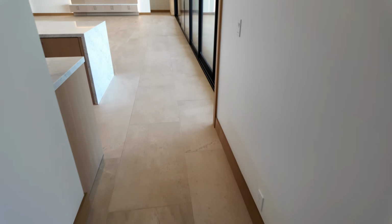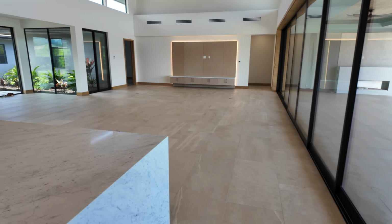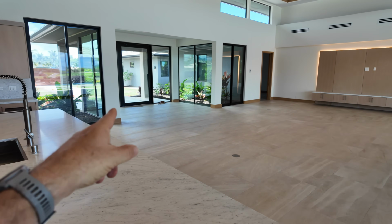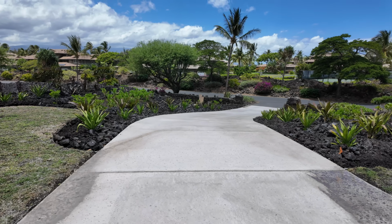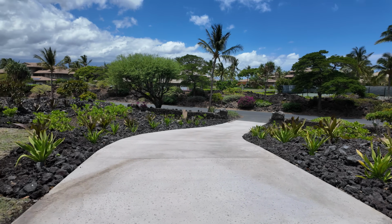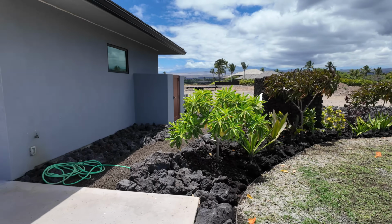And then we can come back around here to our main space. So we've seen the 2 bedrooms on that side of the house. Let's take a quick look out and go to the bedroom pod that we have at the entry. Want to do a really quick cut that we have over here. We have our main road coming up, nice long driveway. We got our landscaping in place, propane tank over here, and then our